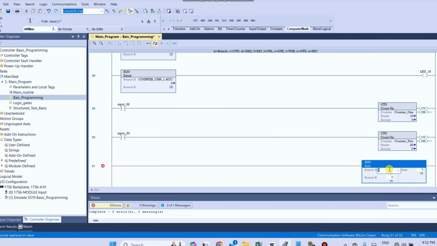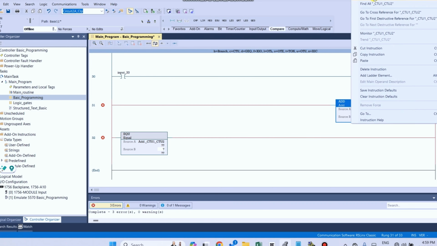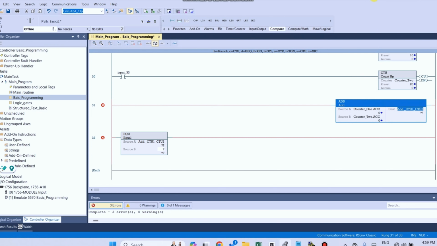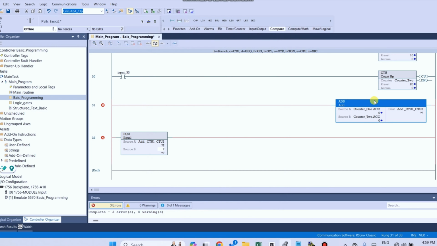If counter 1 value is 10, counter 1 and counter 2 value is 30.